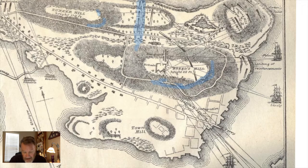And what the Americans didn't know was that the British Army, while all this firing was going on, had unloaded something like 5,000 men in this area here, right behind a little hill called Morton's Hill. So they were out of sight. They did that under cover of darkness. When the sun came up, all of a sudden they started marching about 1,000 redcoats in their full uniforms with those bright red heavy wool coats, marching them down here